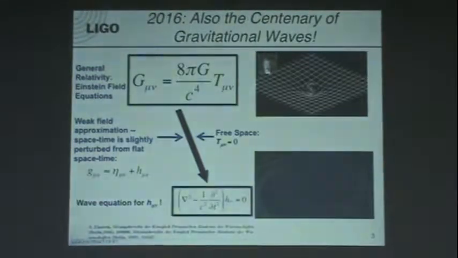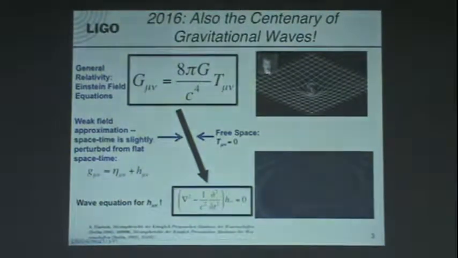So the brilliance, if you will, of Albert Einstein, was to recognize that matter and energy and space and time are in fact coupled to one another. Matter and energy can affect the geometry of space and time, and space and time can in turn affect the way matter moves. But the coupling constant is this quantity 8 pi G over c to the fourth, and that number is very tiny. It's about 10 to the minus 42, give or take. So that means you need a lot of matter and energy to effect a very tiny change in